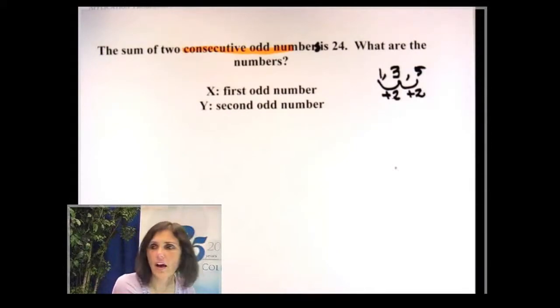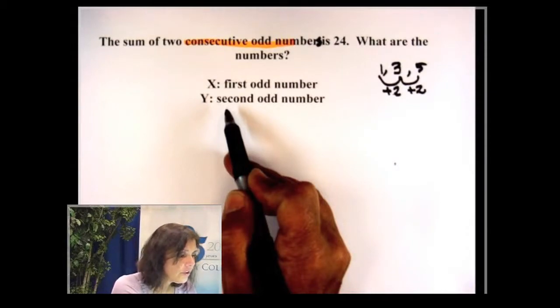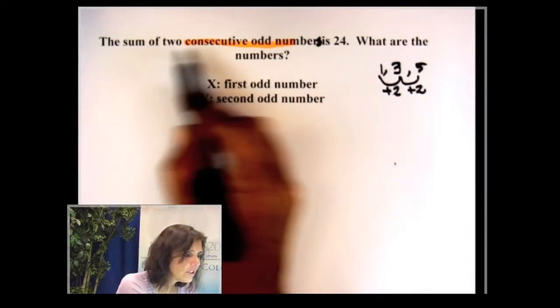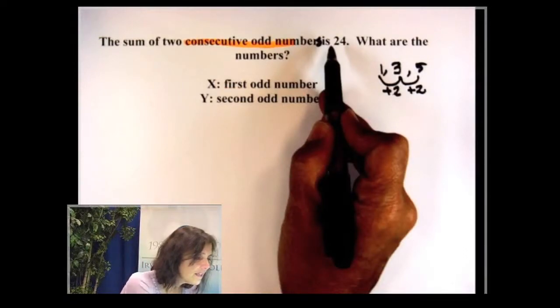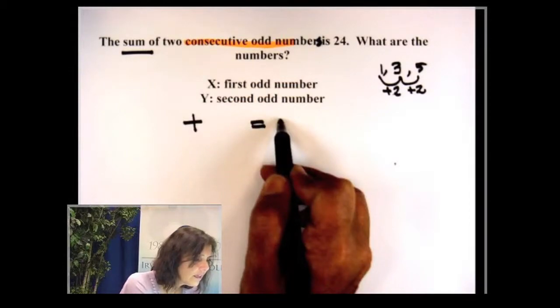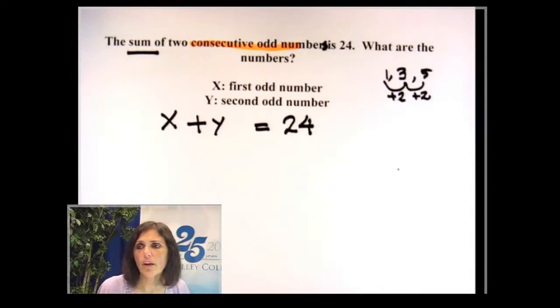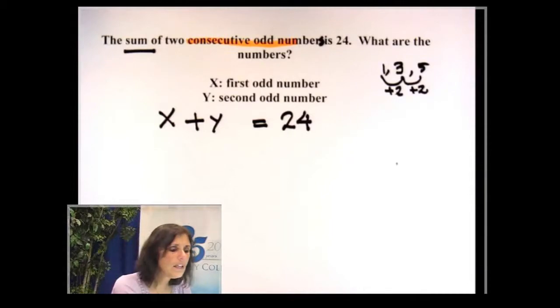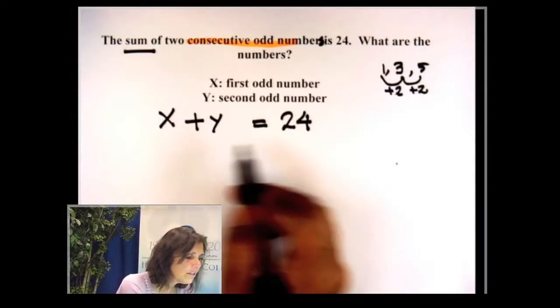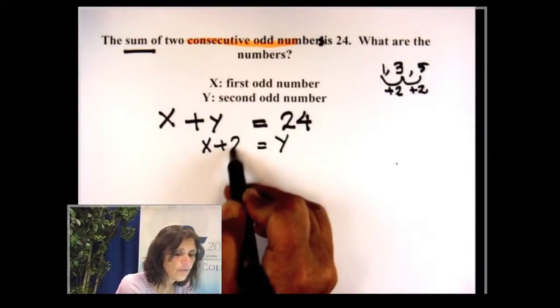So if I put down x as the first odd number, y as the second odd number, two consecutive numbers, so what does that mean? The first equation is going to be the sum, so it's going to be plus, sum of what? X and y. Okay? Now, I need one more equation. What is that equation going to be? It's going to come from this. The big one is 2 more than the first one. If x is the first one, the second one is going to be first one plus 2. Now I have two equations.